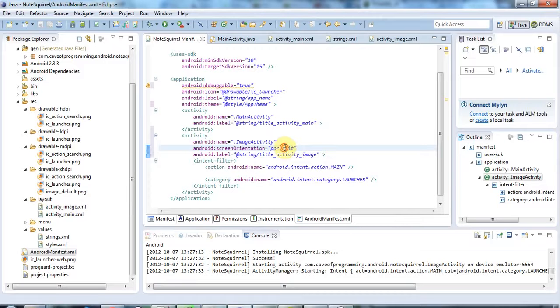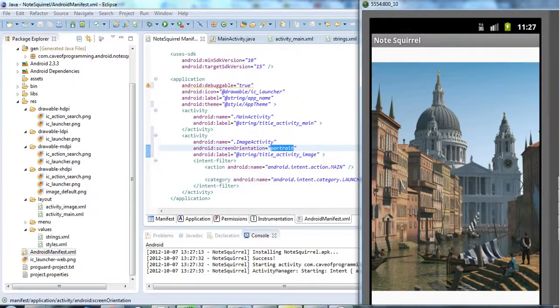So I'm going to fix it to portrait mode here, so that you can't look at this sideways, if you see what I mean. And now let's look at that,